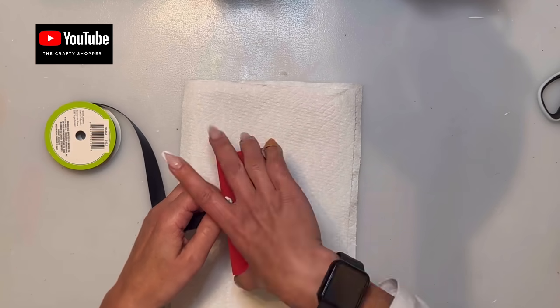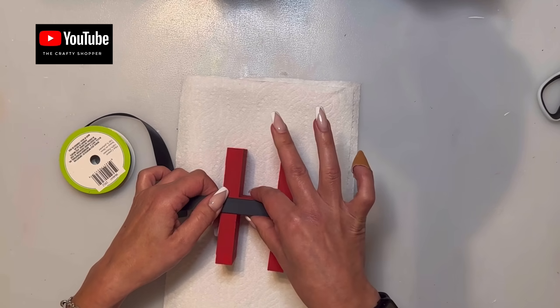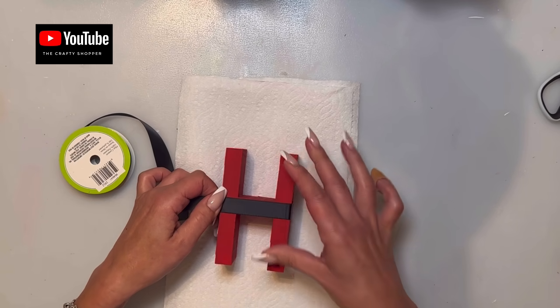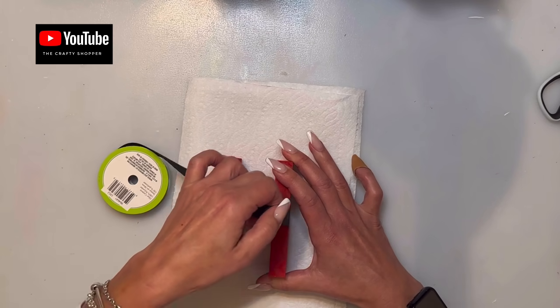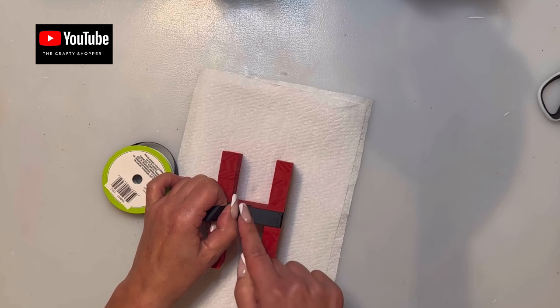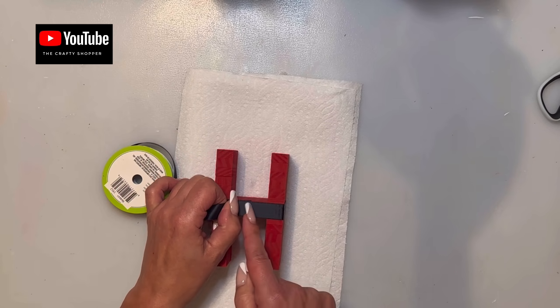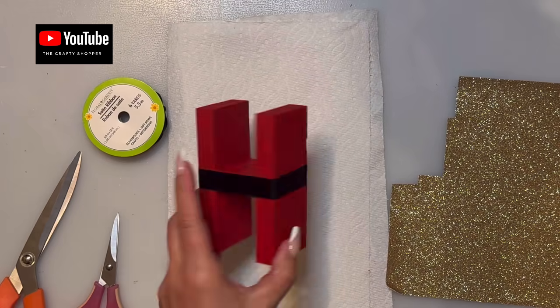I'm going to wrap it around and make sure it's even in between the blocks there. And then you're just going to hot glue it. I'm just going to make sure of the angle, because I don't want to stick my head underneath the camera, and you're just going to hot glue it there. Now that we have the ribbon all the way around,